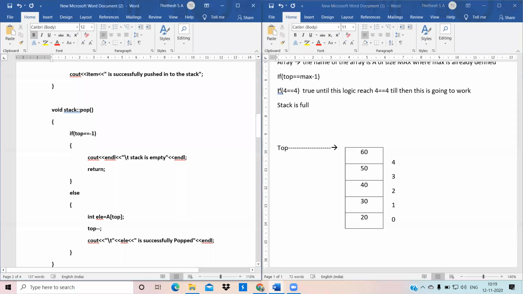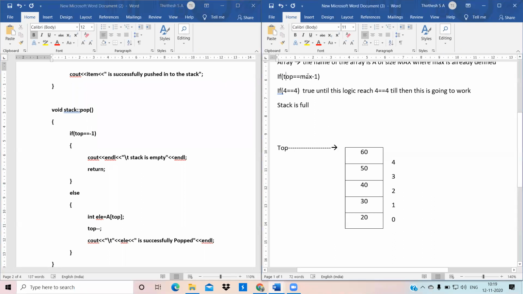Okay. Now what happens? The logic changes. If top double equals -1, we say the stack is empty. When top reaches -1, at that time we say that your stack is empty.